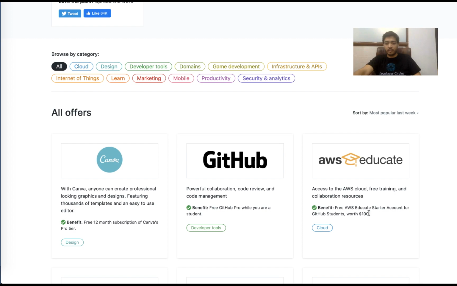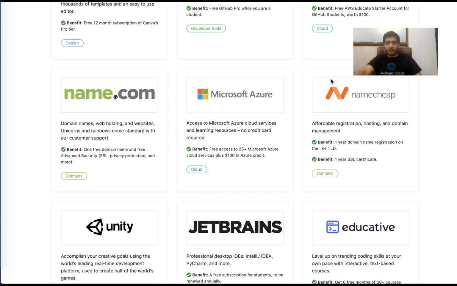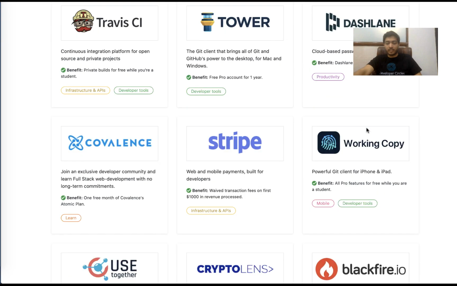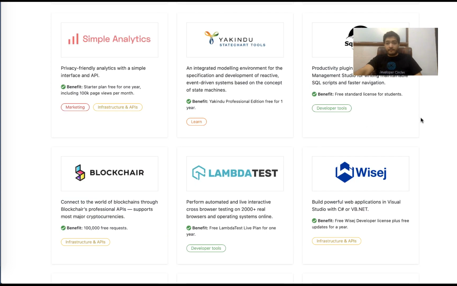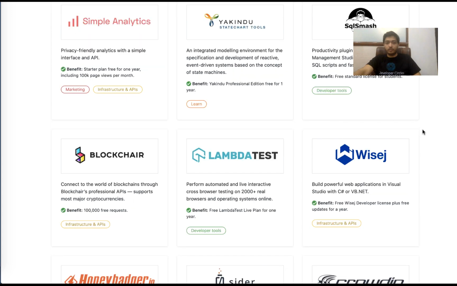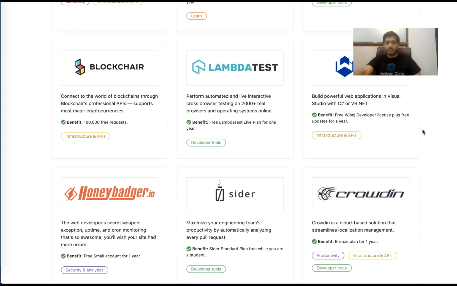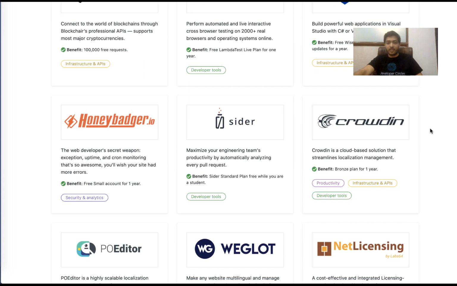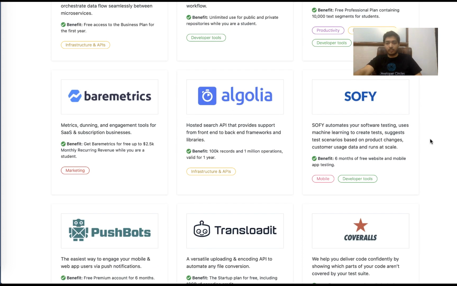You can get $100 for free. And if you basically avail all of these during your student life, it adds up to about $100,000 worth of free services that the developer pack can offer to you. If you're a blockchain developer, a web developer, game developer, whatever you're interested in, if you are just trying things out, I think it's a really good opportunity for you to get this pack and use these tools for free for a certain time or get free credits from them.